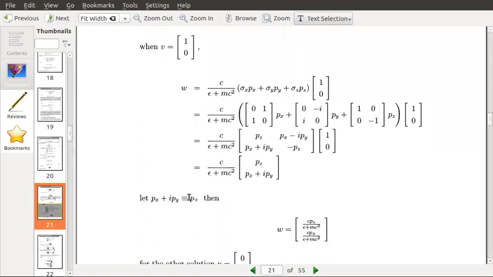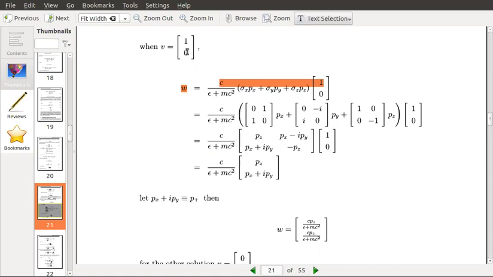Now in this expression, you put this px plus i py. This is like a complex number, with a real part and an imaginary part. We know such terms. You take that as p plus. So you can write it in a simple way: pz, p plus. Okay, that is W. So this is W, this is V.